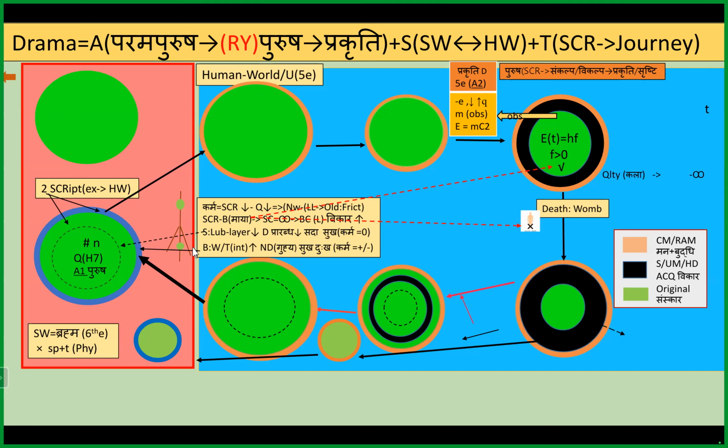And because of this black layer, the lubrication layer is now exhausted. Because of the black layer, wear and tear happens, and then the journey becomes non-deterministic, and we say that karma ki gati gahan hai. So we experience sukh as well as dukh, and that is why here karma is depicted as positive or negative, and otherwise in this script, karma is also zero, so it is a deterministic world.